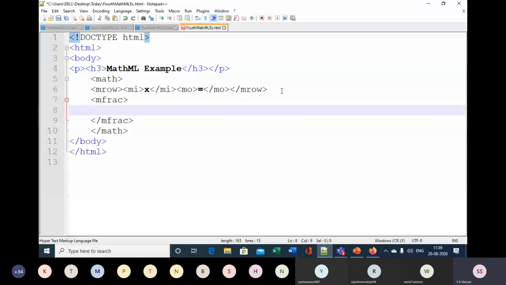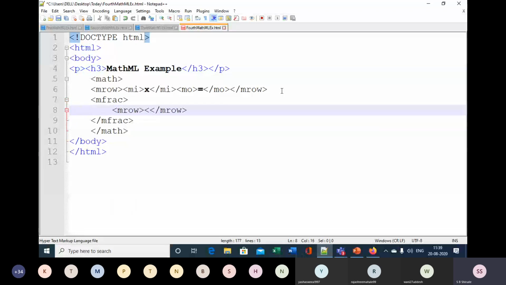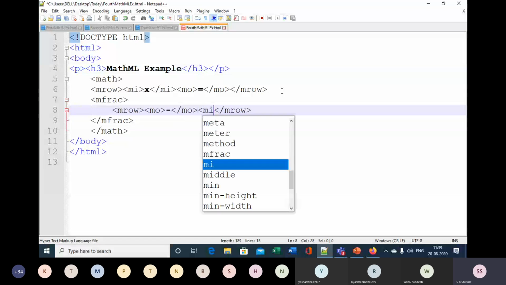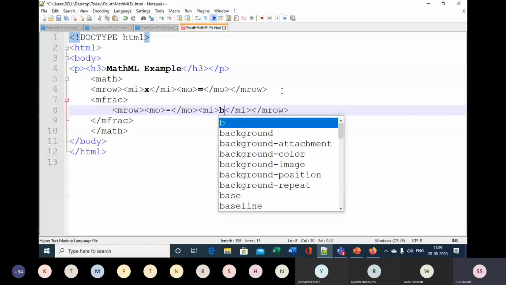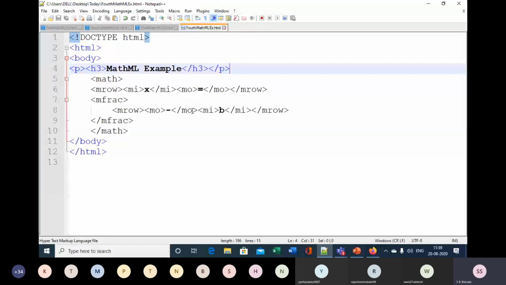In that first I will have the operator minus, and then the identifier b. That will display x is equal to minus b. If you see it in the browser, it shows invalid markup. Why? Because I have put a fraction but not the other part, and therefore this will not be displayed.